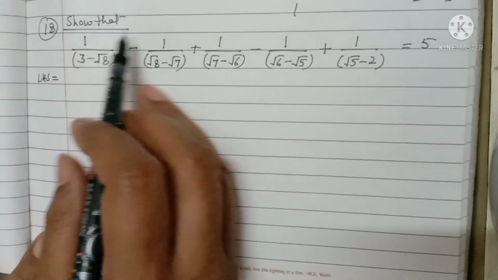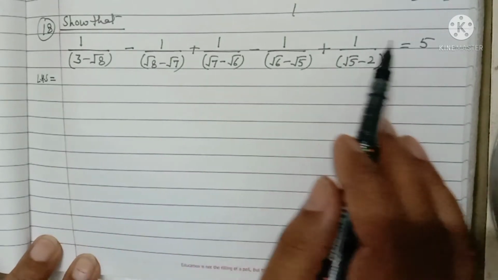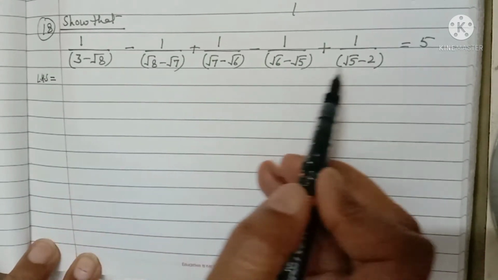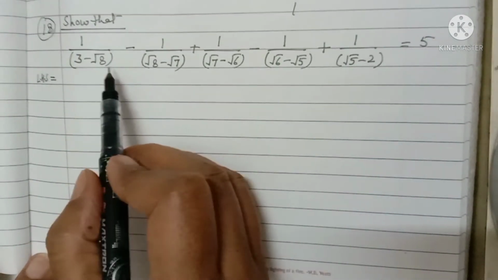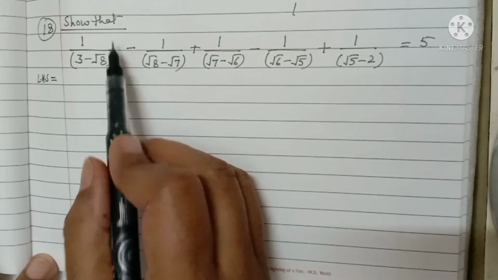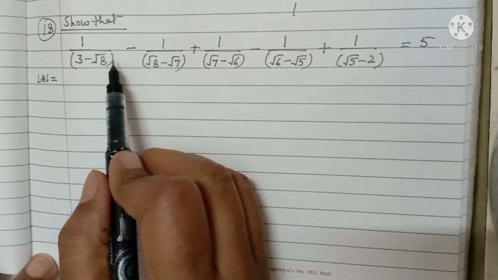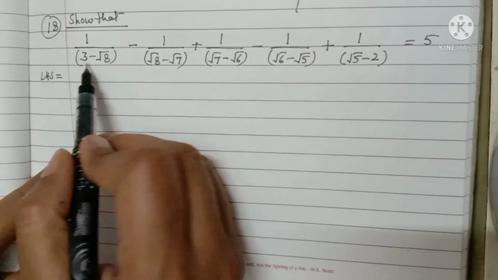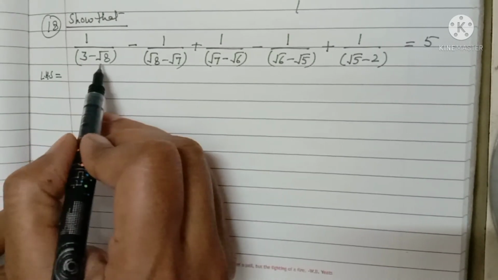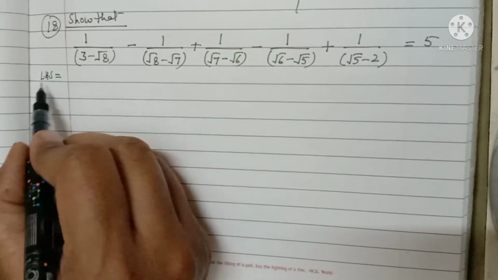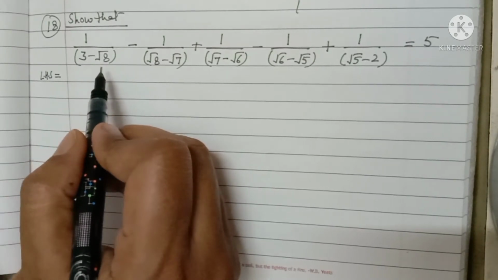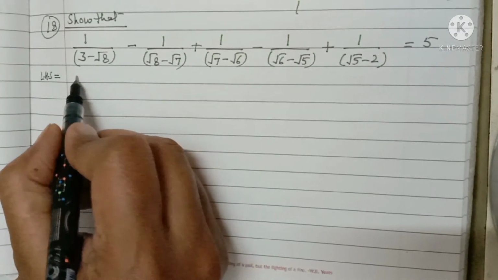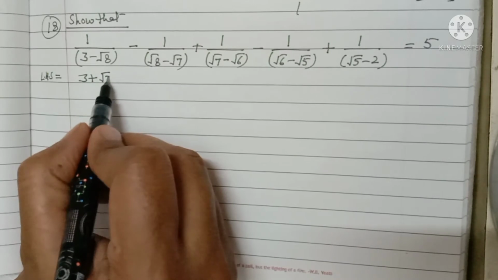Now this is question number 18. Show that this is equal to 5. So first we make all the denominators which are irrational numbers to rational numbers by multiplying numerator and denominator with the rationalizing factor of the factor given in denominator. So left hand side, here 3 minus root 8. So you will multiply numerator and denominator by 3 plus root 8. So I am writing here 3 plus root 8